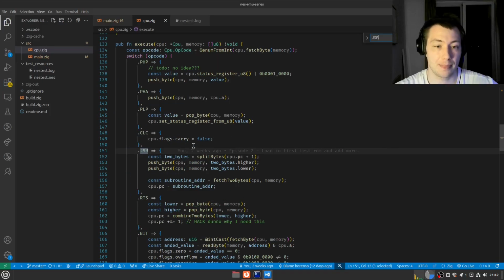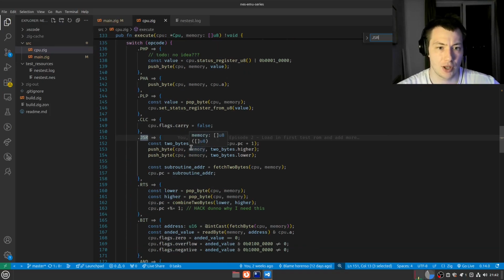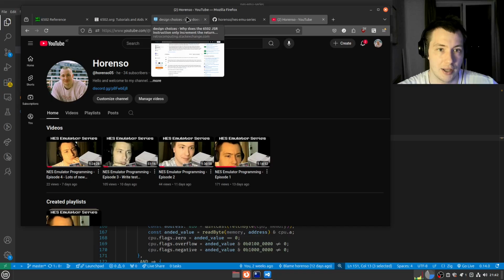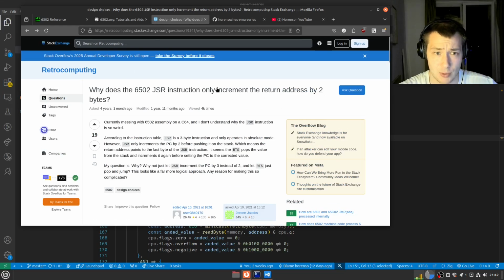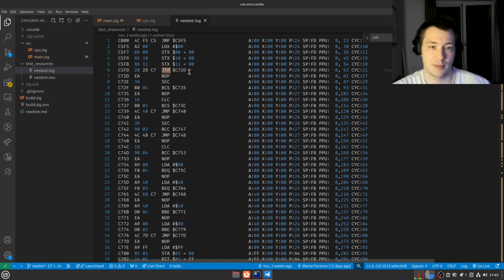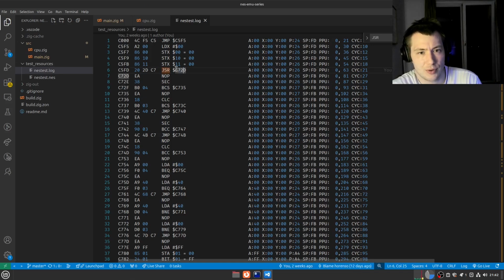So the thing with jump subroutine, I found this here, someone asked why it returns. It jumps to a subroutine, so basically it calls a function, you want to call this function, but it